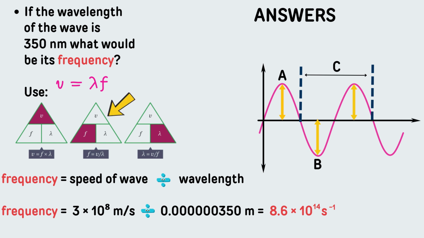So if we're solving for frequency, and we see that frequency is equal to speed of wave divided by wavelength, we just substitute these letters for the value. The speed of any transverse wave in a vacuum travels at 3 × 10⁸ meters per second. We divide that by the wavelength, but we have to convert wavelength to meters. To do that, we multiply 350 nanometers by 10 to the negative 9. There we get